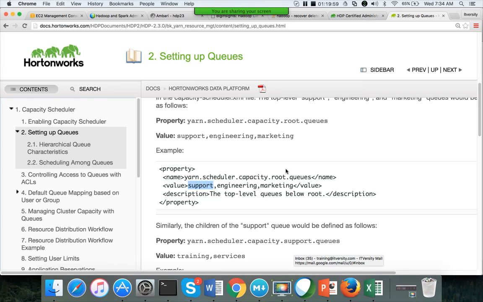So 250 will be given to support, 500 tasks to engineering, and 250 to marketing. Let's say there are no jobs running on marketing, which means that 250 capacity is wasted. Okay, because those will be pre-allocated, and that capacity will be wasted.